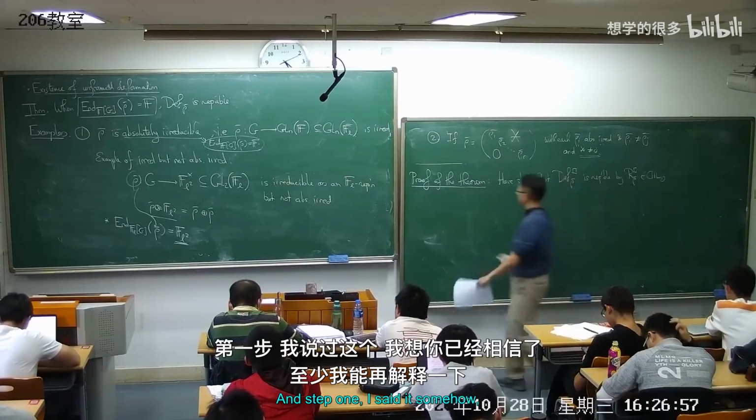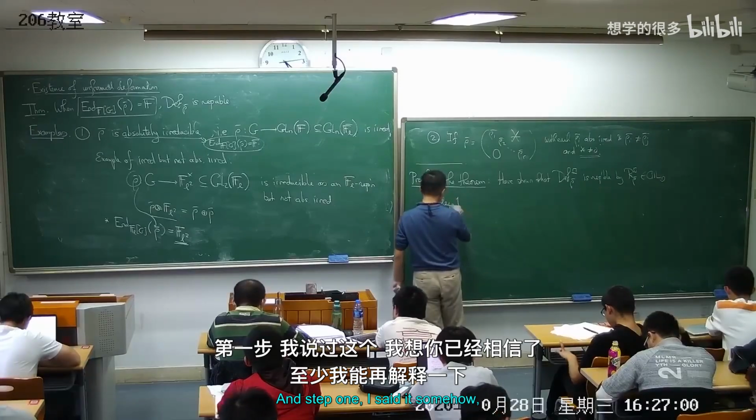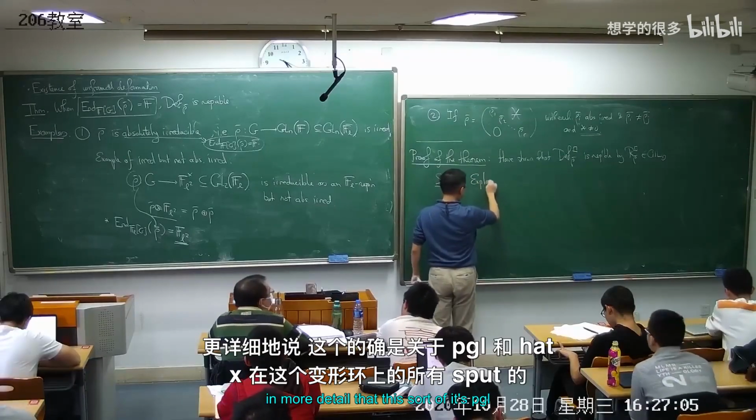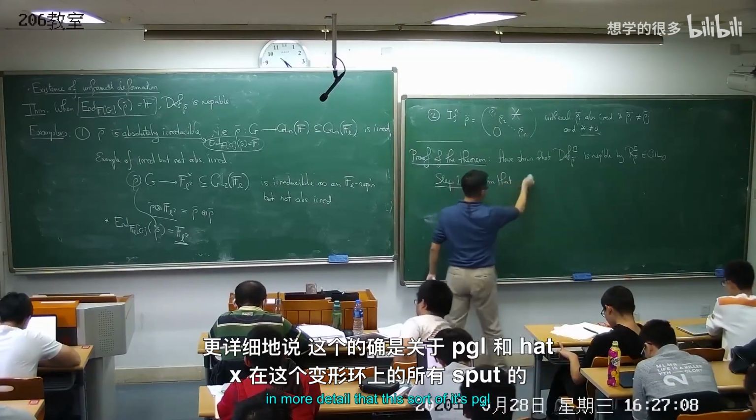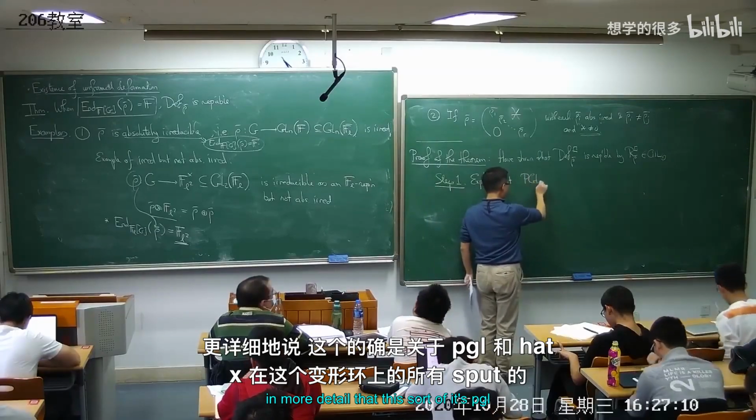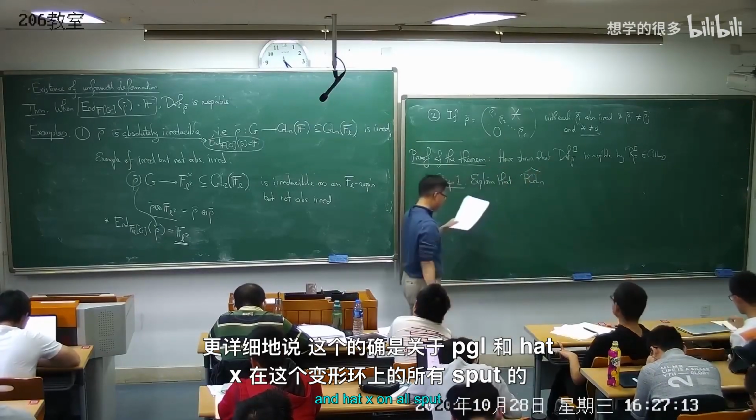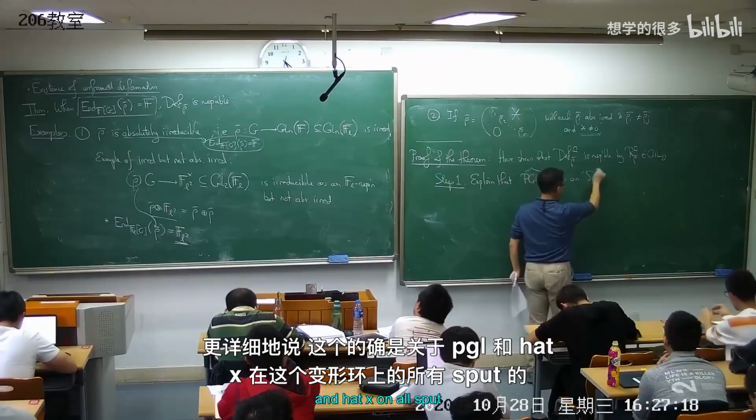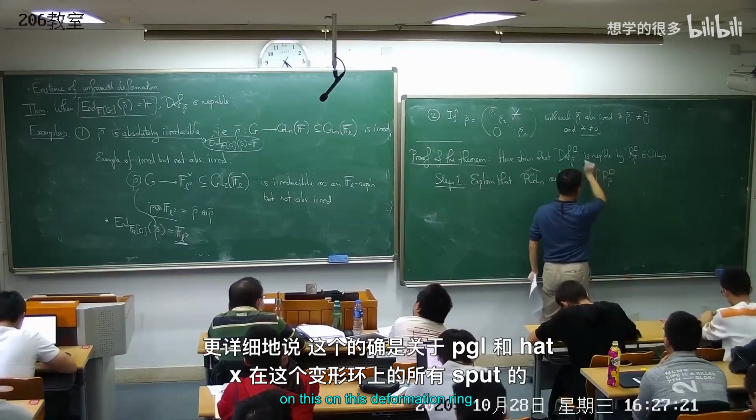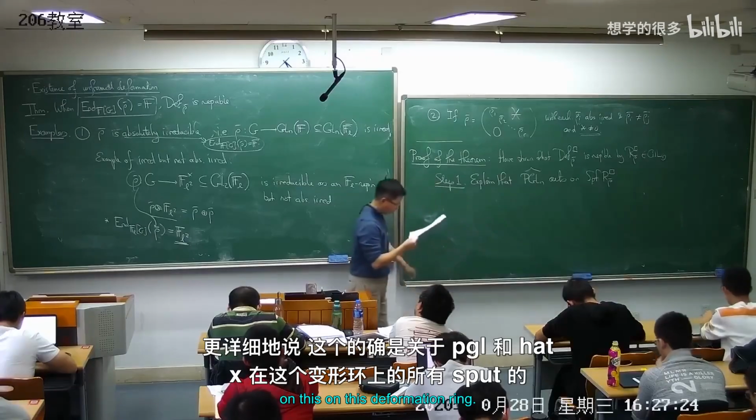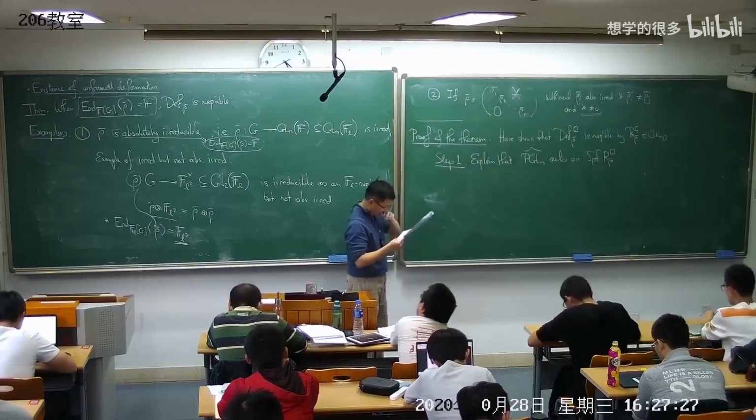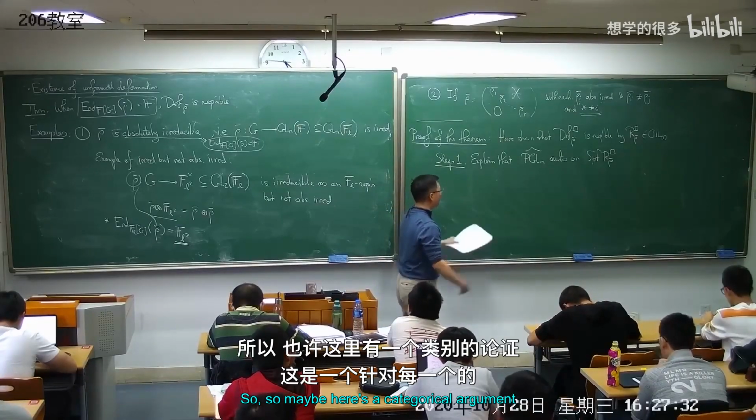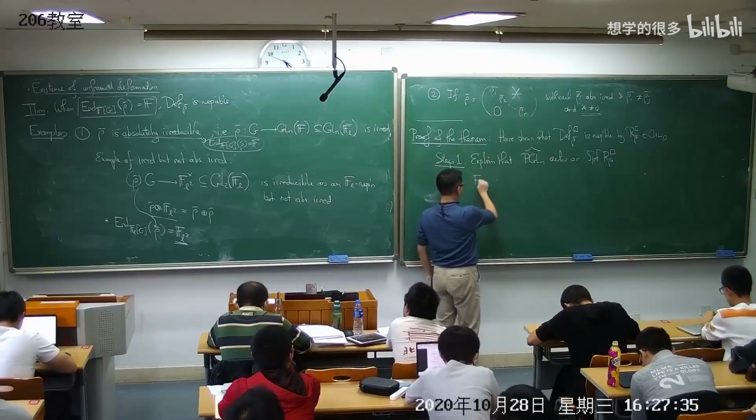And step 1, I said it somehow. I guess I'll explain again in more detail that this PGL_N hat acts on this split deformation ring. So maybe here's a category. Here's a tautological argument on this, that for each